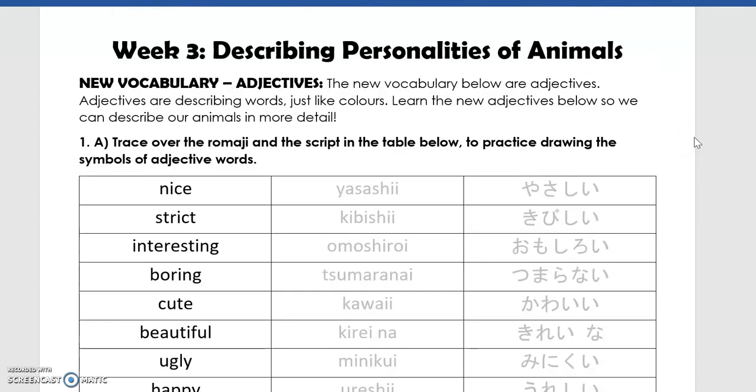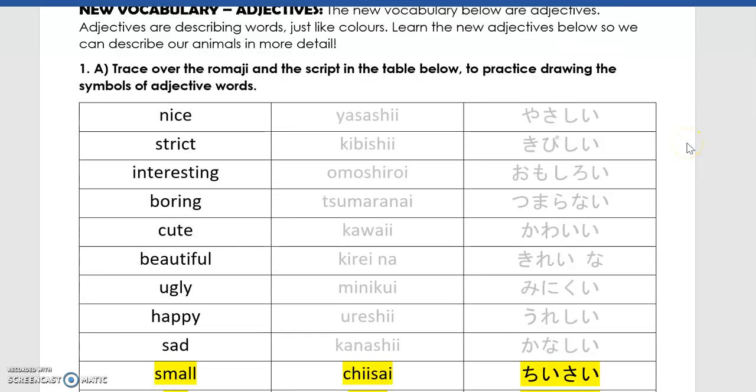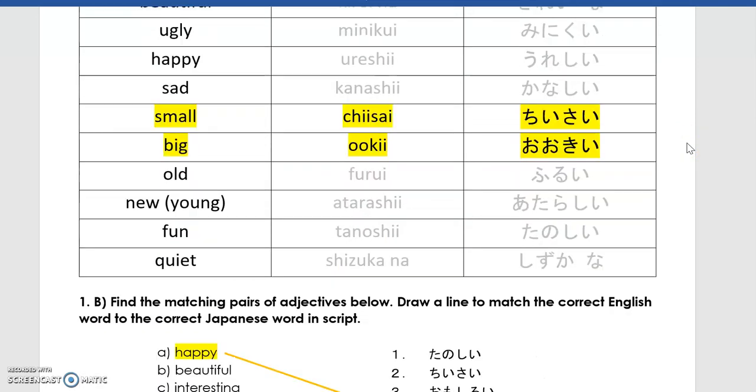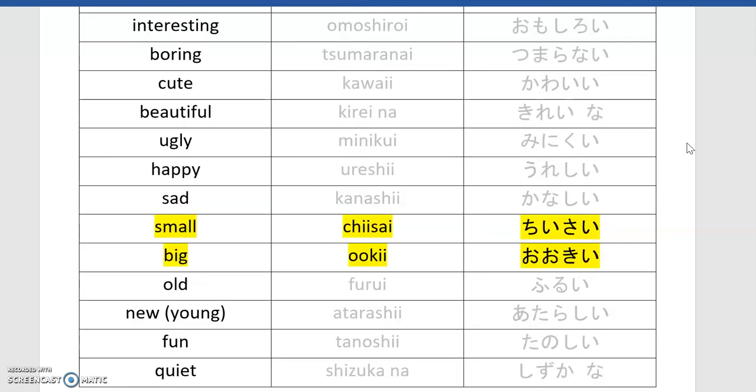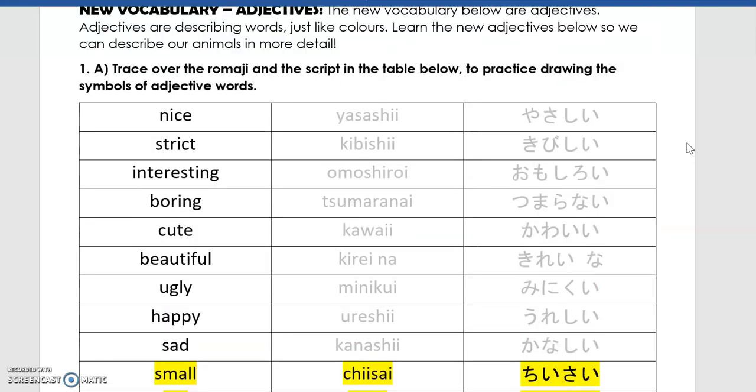Now, as per my email which I sent out today, thank you to Jo Marie and her mum who have pointed out some mistakes I've made on this first page of week 3. We're going to go through what those mistakes are and how you need to fix them. So first things first, for question 1A, you need to trace over the Romaji script in the table below